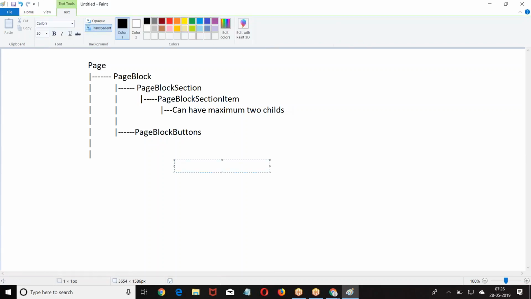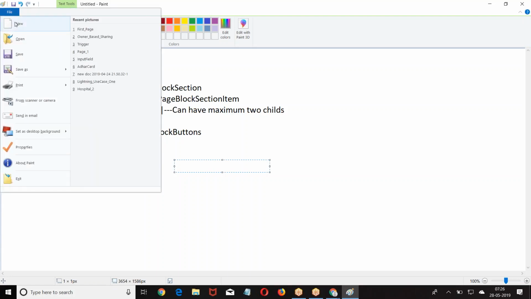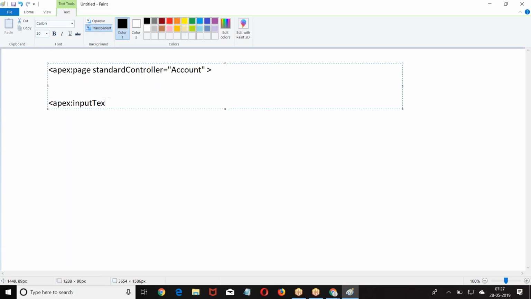Right. Now, the question here is, whatever data you are entering in the input components, where will the data be stored? If I am using standard controller, this is how we used to give: we have apex page, standard controller Account, and an input field.